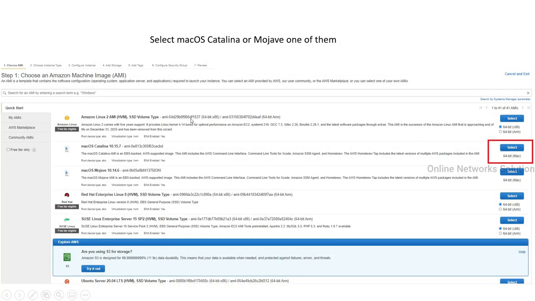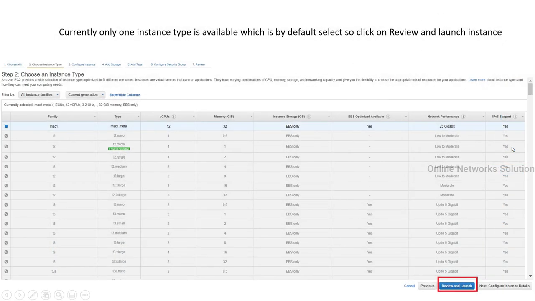You will have to select one operating system, whether you want to select Catalina or Mojave. You can select the operating system from here by clicking Select. After that, you will get the product detail option, which I recently told you.